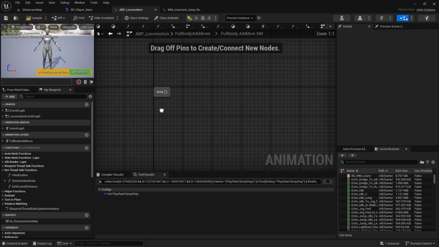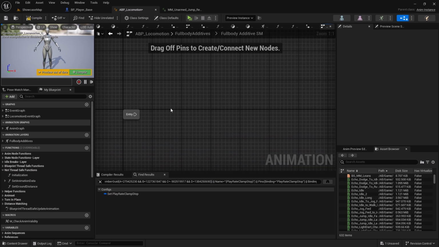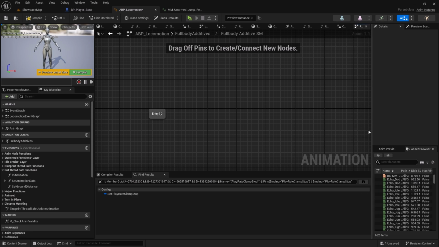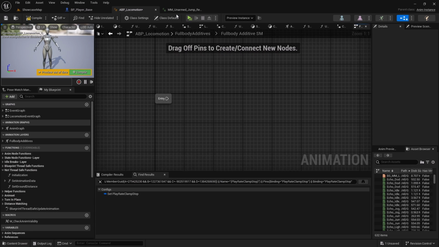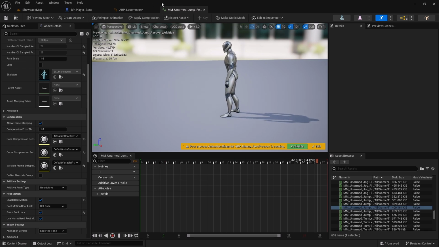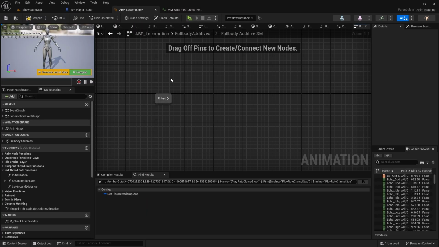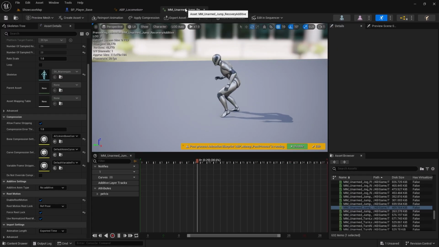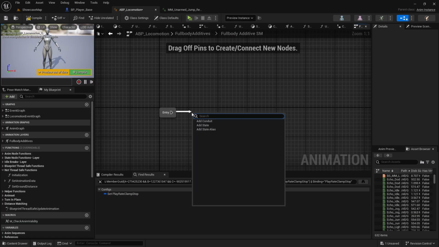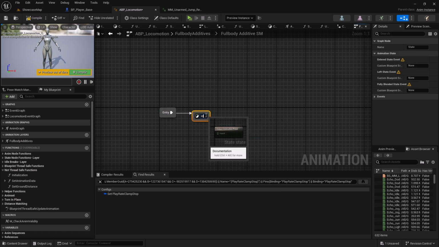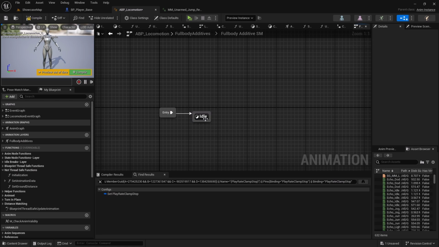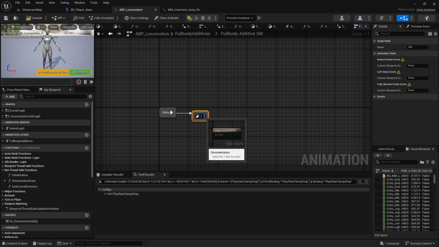Okay, so now we need 3 states actually, right? I'm initially implementing the additive animations for the jump recovery. So there are 3 states that we need to add here to properly implement this additive animation. Initially we have the identity state, right? Actually this won't implement any animation, but it will remain as an idle state, right? So I'll call it identity,